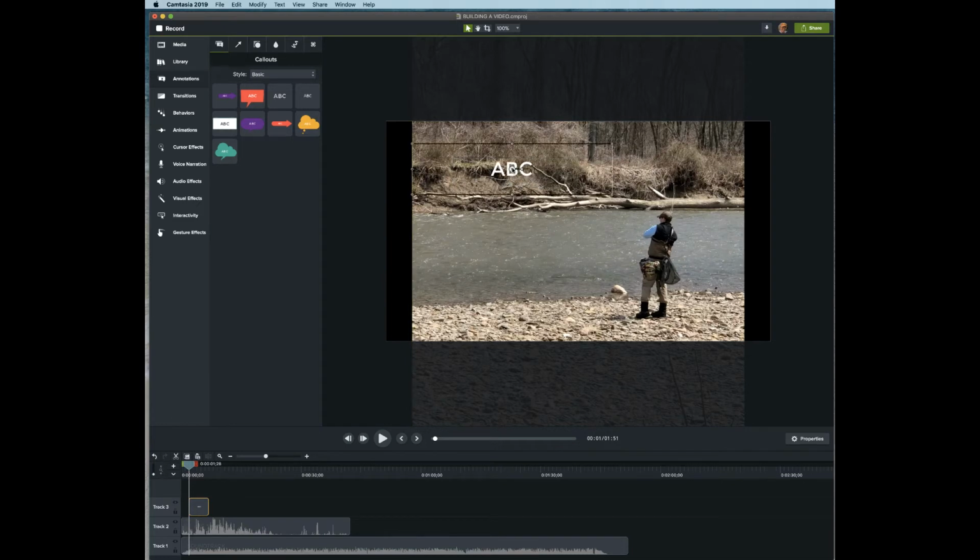Move it up a little bit, and then I'm going to type in what I want to say, which is come join us on Saturday, and I might even change the type style on that later, but not right now. I'm going to just leave it at that, and then I'm going to go ahead and run the playhead across